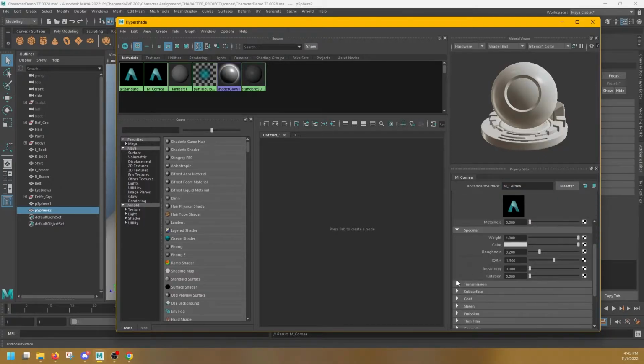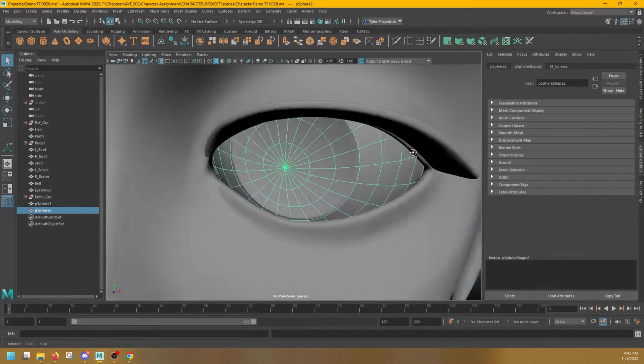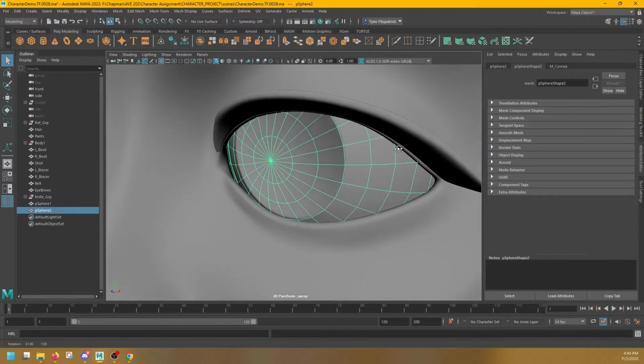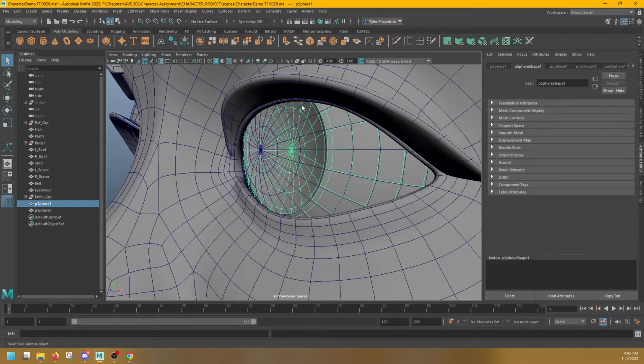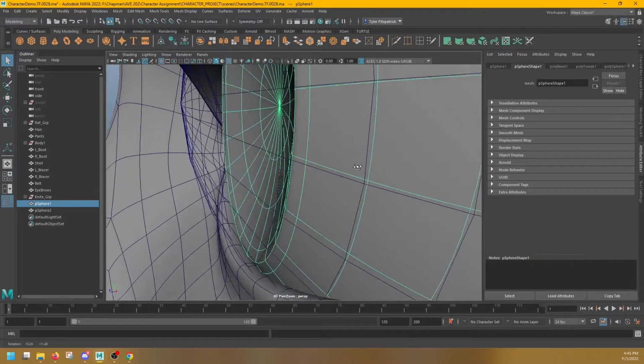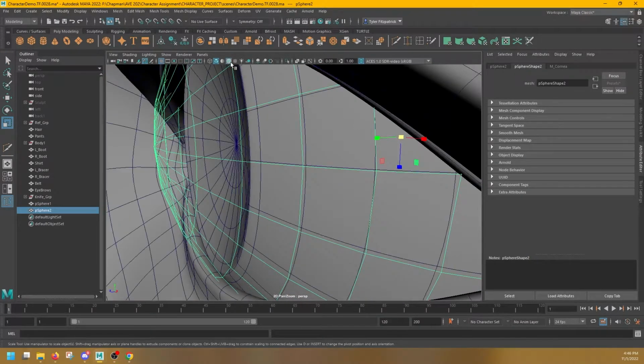And then in my transmission, I'm going to turn the weight of that all the way up. And so now you can see that the cornea is completely transparent. And then turning on my wireframe on shaded button, I'm just going to go back to my eyeball. Then I'm going to turn on my wireframe on shaded mode, and I'm going to scale my cornea down so